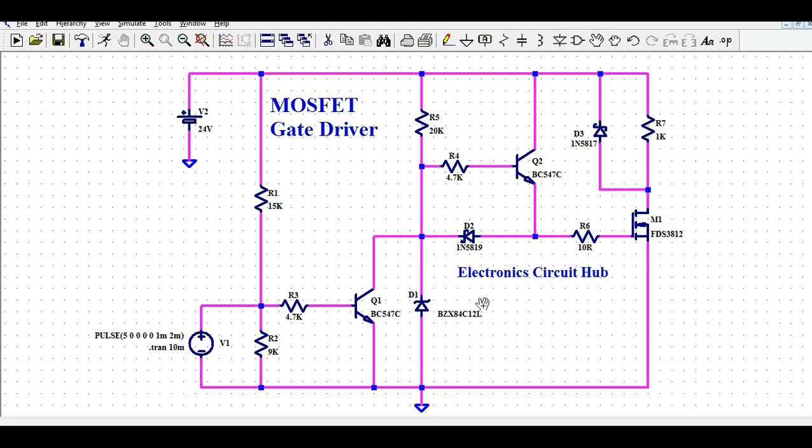Now let us understand, why do I need the Zener diode here? I want to fix the MOSFET gate driving voltage. And if I use the Zener diode here, once your Q2 is on, what is going to happen is the voltage across the Q2, and if you use the Zener diode, it has to be 12 volt, which we will see across the MOSFET gate to source.